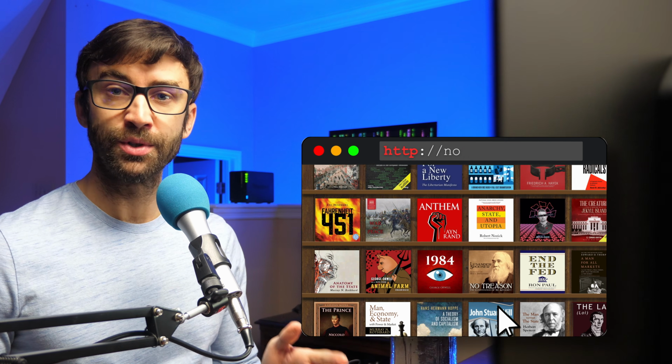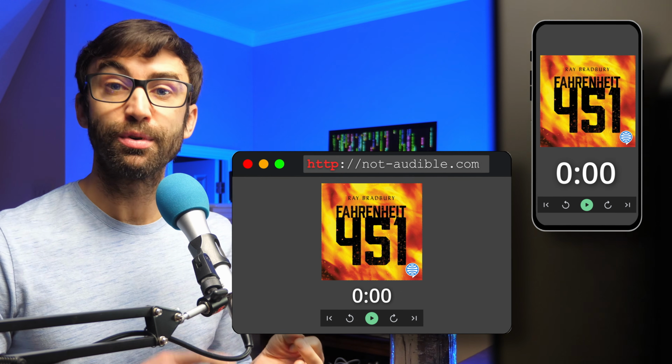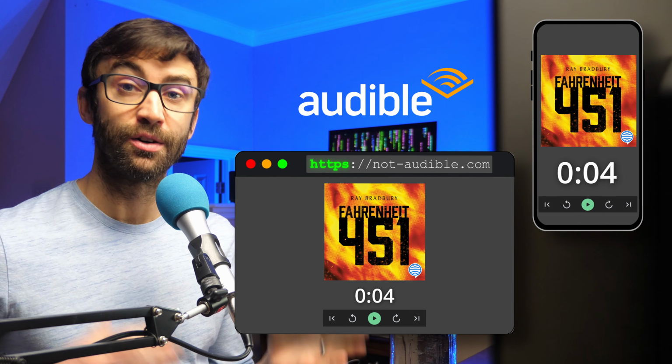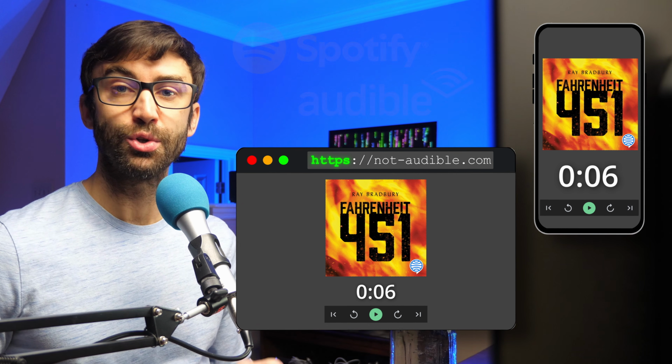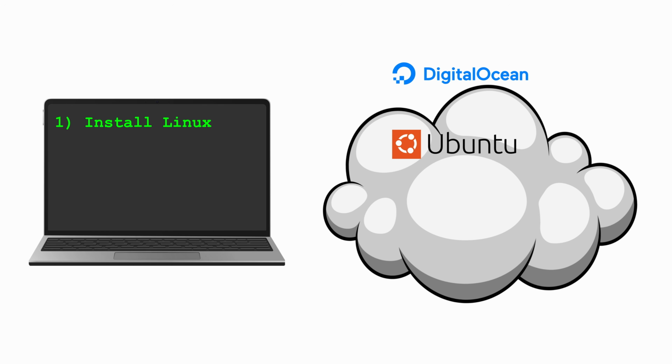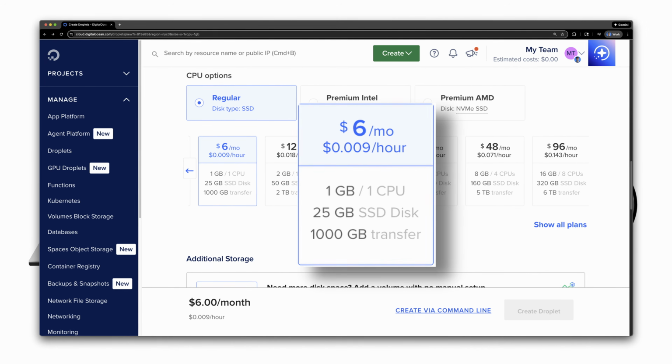You can build your own audiobook server complete with a mobile app, progress syncing, and total ownership of your library without being locked into Audible or Spotify, and I'm going to show you how, step by step, even if you never self-hosted anything before. We'll launch a virtual private server running Ubuntu, just $6 a month, but you can actually